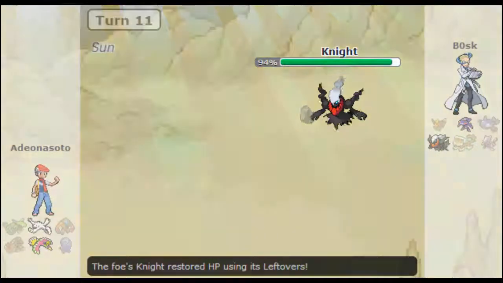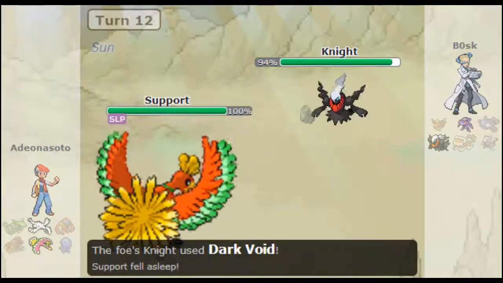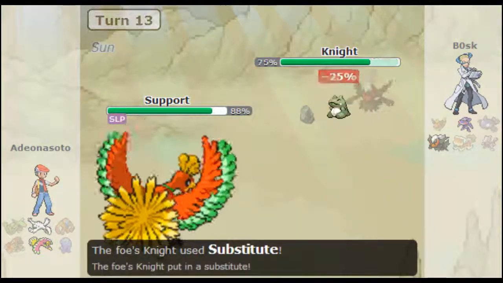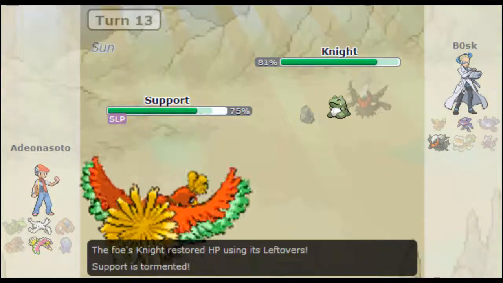It's not looking grim at all. It's 2-2 right now. With your Darkrai out, you're pretty good. Plus, you have Support out. His opponent has Ho-Oh out, who's just a supporter, judging by the name. And he gets a Dark Void off, which puts your Pokemon to sleep without fail, and then Nightmare is just